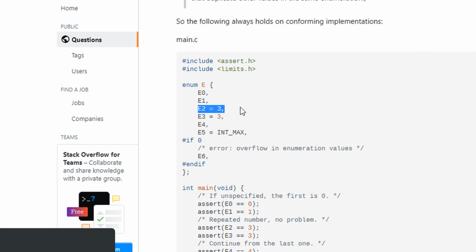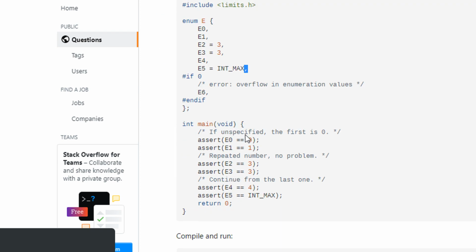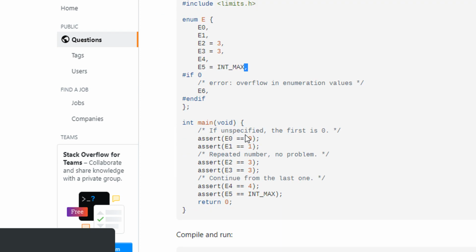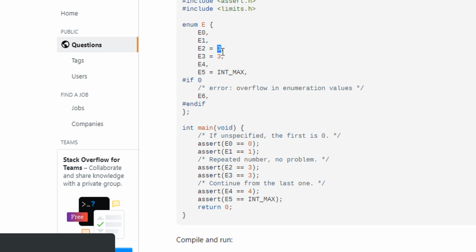E2 should have been 2 actually, but they are explicitly assigning it the value 3, so two values are assigned 3. E5 they are assigning INT_MAX, which they are defining in some header file. So your answer is yes, they by default begin with 0, 1, 2, 3, but you can explicitly start with any value. So technically this can be 3, then this can be 99 also, right?